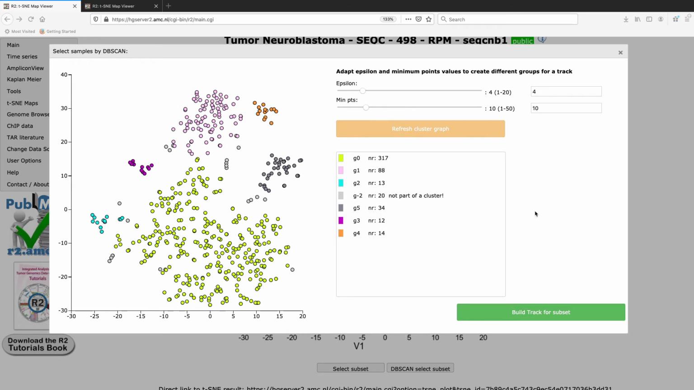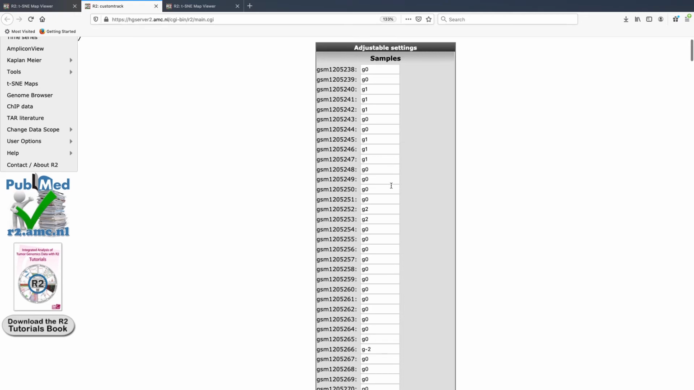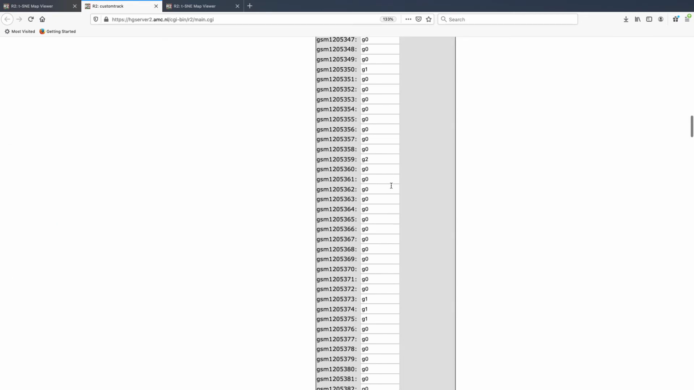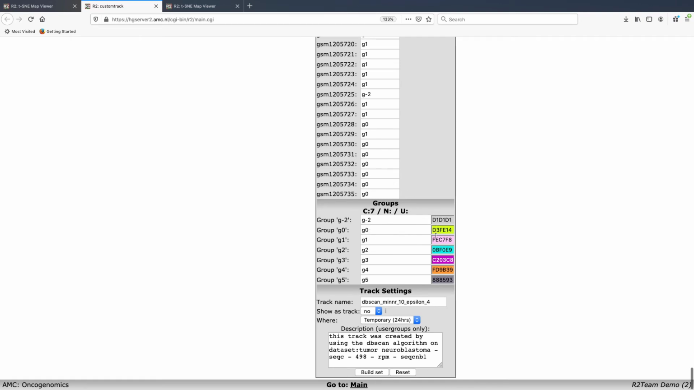As I stated before, you can then save this as a track, which could then be used for downstream analyses. So why don't we go ahead and do that this time? We'll click Save as a Track, and here you can see that each sample corresponds to one of the groups which you defined in this DBSCAN approach. If you scroll down to the bottom, you can then define the colors that you want to associate with each of these groups, and you can save this track, which can then be used for instance for differential expression analyses,